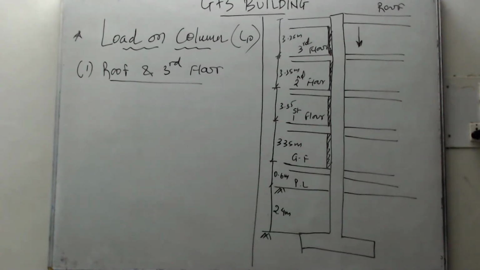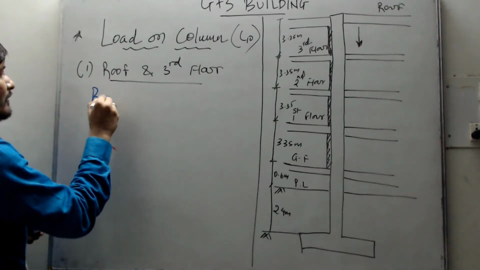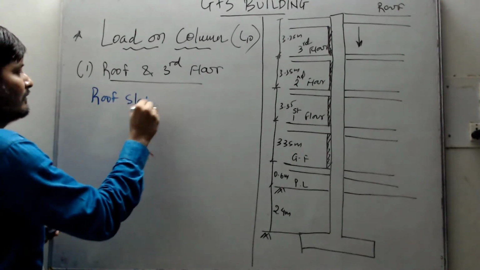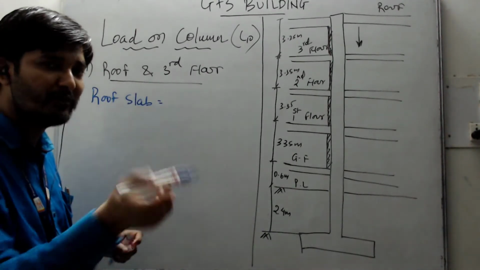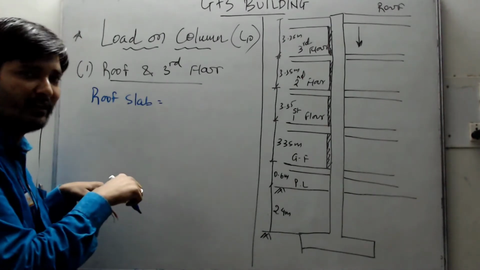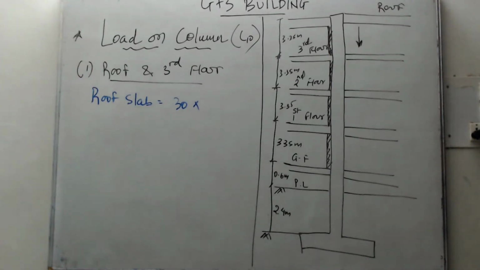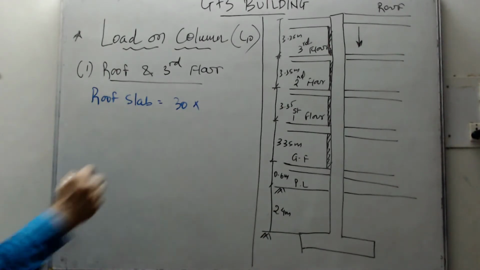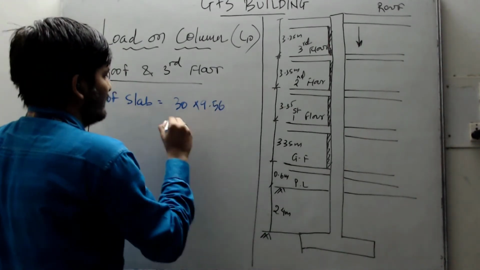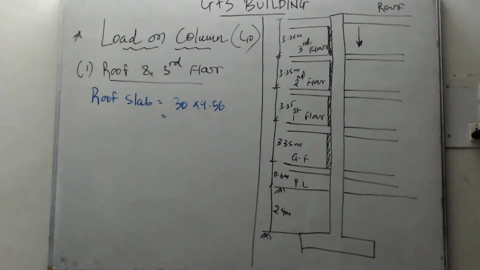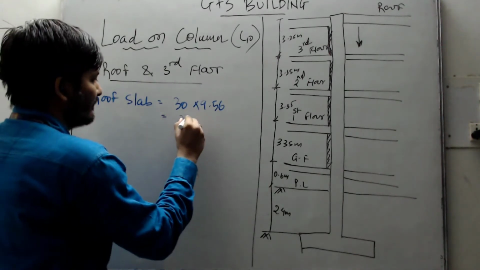So for that, let us start from the top, because we have a roof slab at top. First is the load acting from the roof slab. We know the area of roof slab that is going to transfer the load on this. That is the shaded portion area, 5 multiplied by 6, that is 30 meter square area. The load from slab we have calculated as 9.56. So if you calculate this, you will get your roof slab load as 286.8 kilonewton.